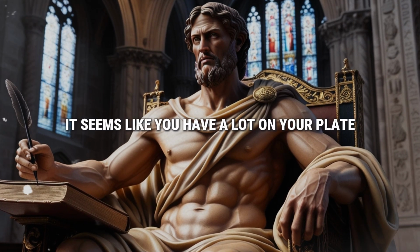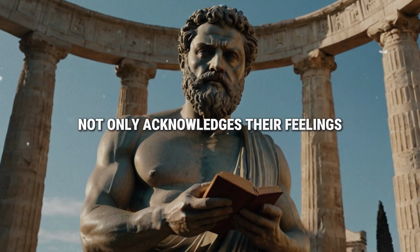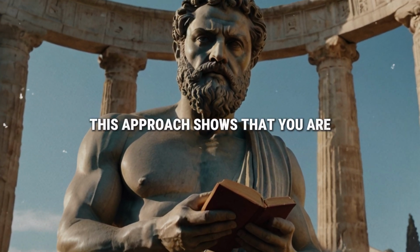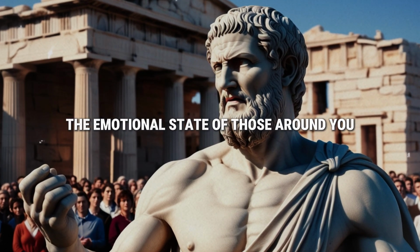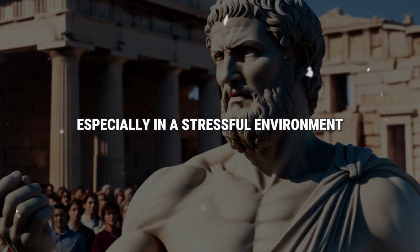Saying something like, "It seems like you have a lot on your plate. Is there anything I can do to help?" Not only acknowledges their feelings but also offers support and a willingness to assist. This approach shows that you are not just focused on your own perspective, but are also considering the emotional state of those around you. It can make others feel seen and heard, which is incredibly validating, especially in a stressful